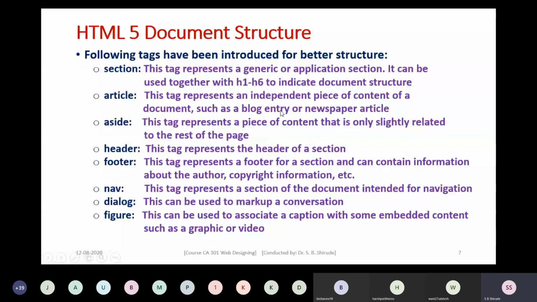So that navigation bar is used, and we mostly make use of it. That type of navigation-related things you can put in the nav tag. You can start the nav tag, then in the content of nav you put all that navigation-related things, and then close the nav tag. So this way one can make use of the nav tag.